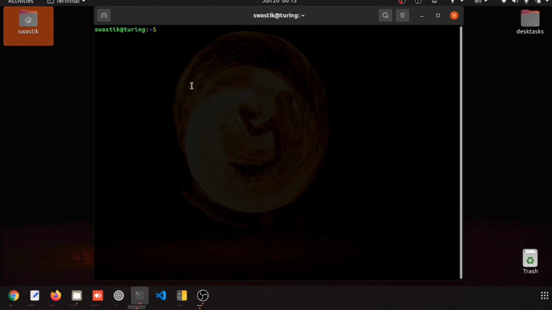Once you have opened this terminal, the first task is to know where you are standing, which directory you are in. You can check that with the pwd command, present working directory. As you see, it is slash, then home, then swastik.